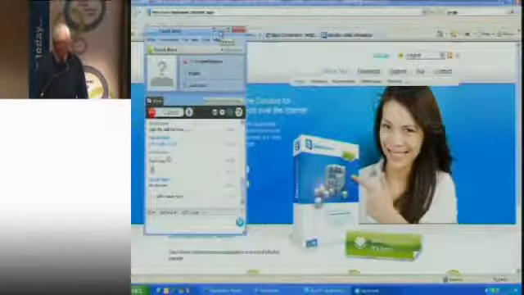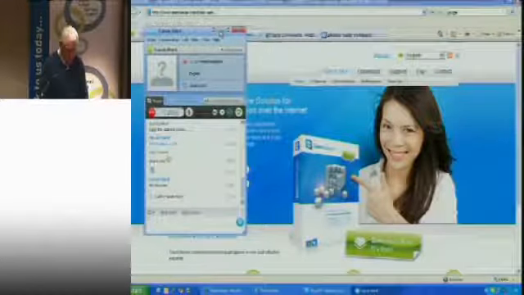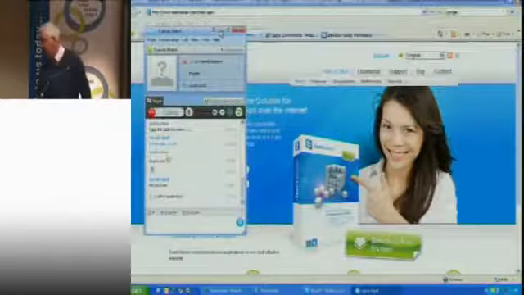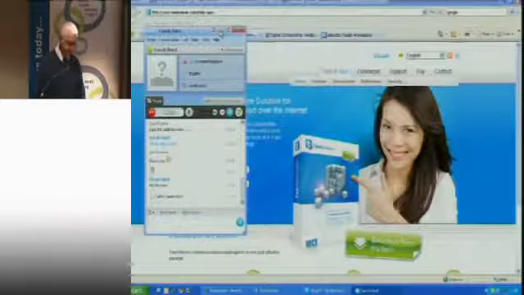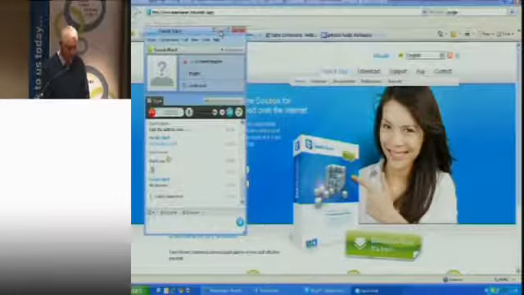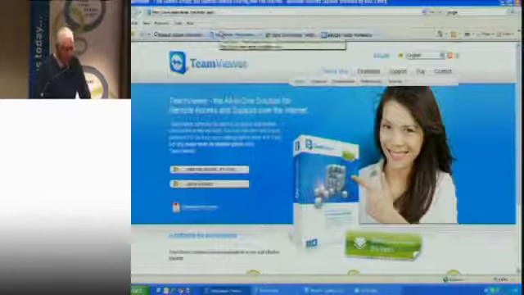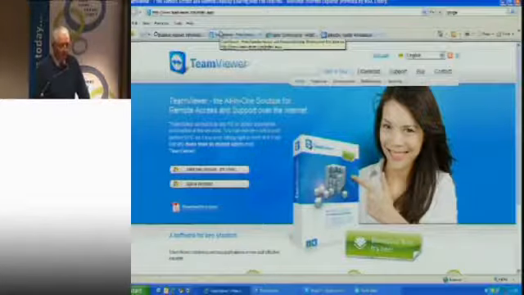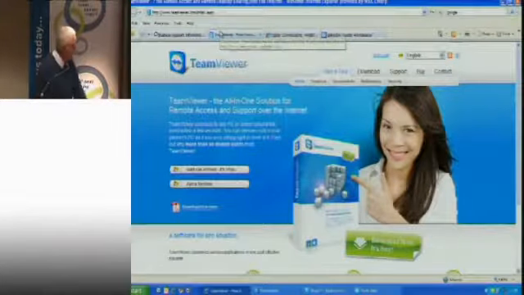Hello? She's gone. Ah, there she is. We've got a bit more volume. Hi, David. Oh, hello, Sarah. Right, can you go to www.teamviewer.com, and when you get there, you'll see